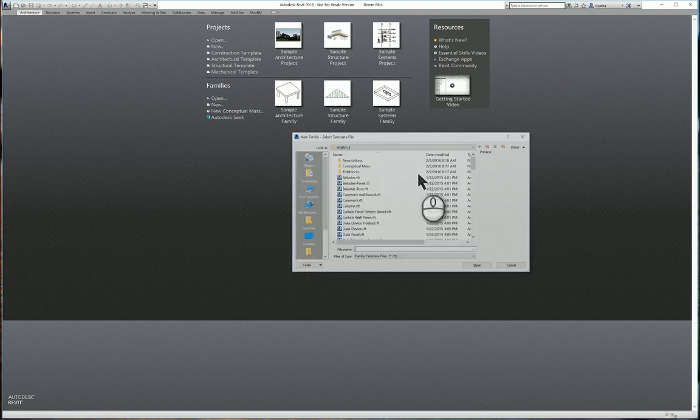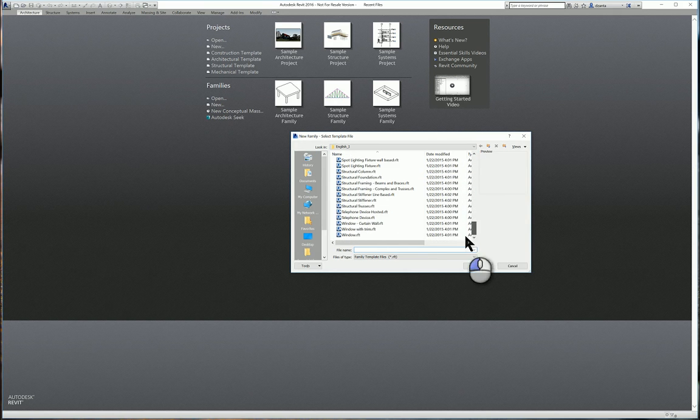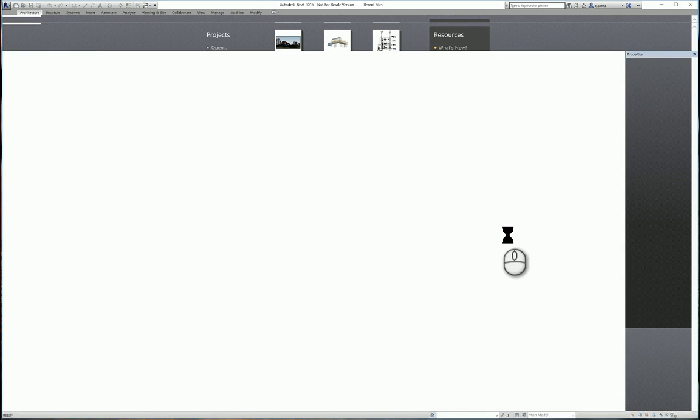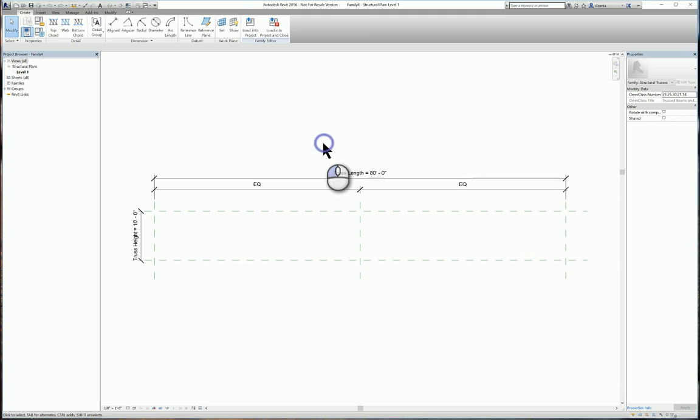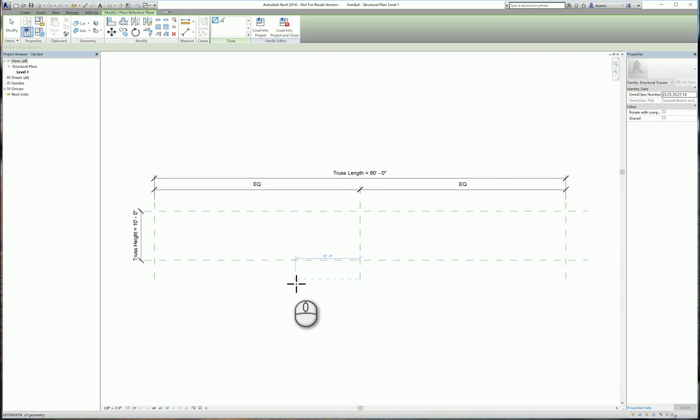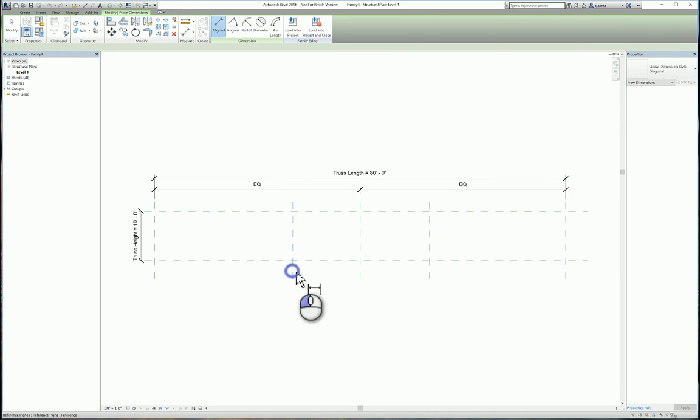I'll click New under Families and scroll down until I get to Structural Trusses. We'll start from this particular family, and we will go ahead and build our truss. We want to go ahead and create a couple of reference planes here. We'll dimension them so they are equidistant from the center